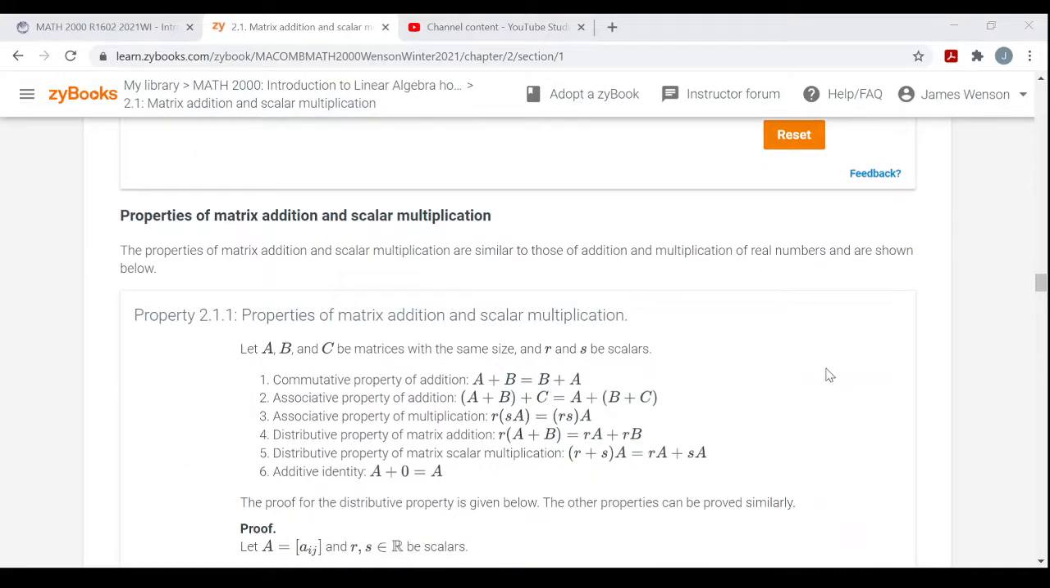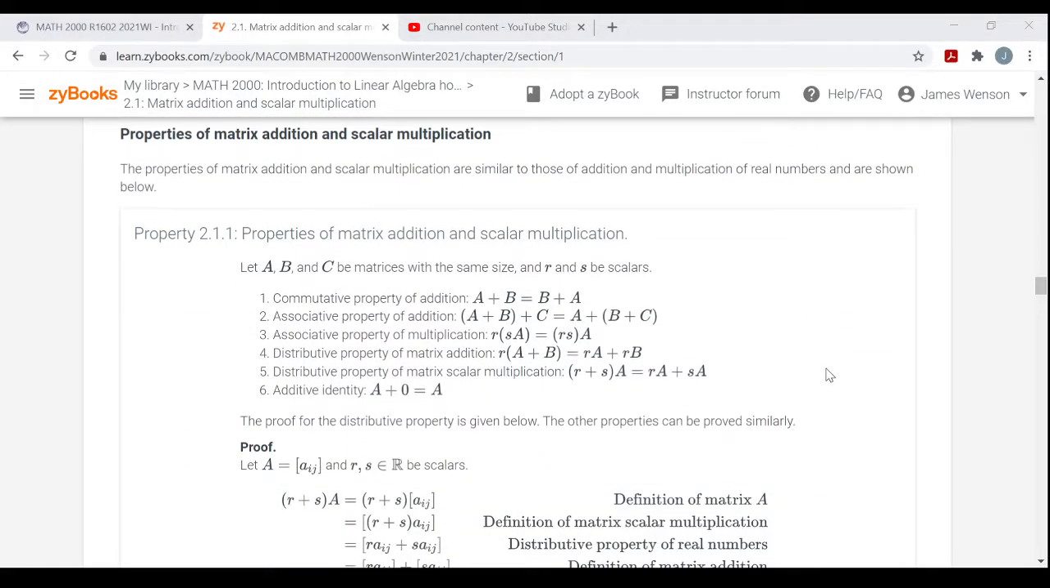Right, and that's what I was talking about here, properties of matrix addition and scalar multiplication. Right, some things that are always true as long as things are defined, right? As long as matrices have the same size here. So I'll just read these off. I'm not going to go over the proofs, okay? But let A, B, and C be matrices with the same size, right? And little r and little s be scalars,